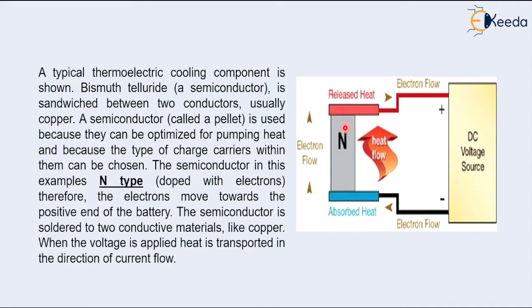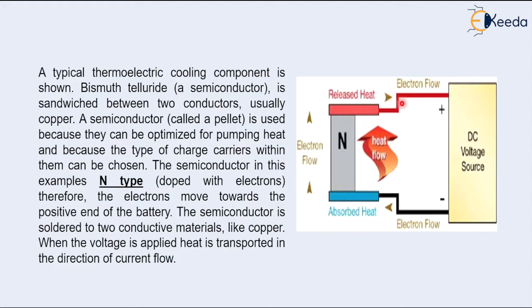You see here, this is an n-type semiconductor and electrons will flow towards the positive end. So current will flow like this. As the current flows like this, heat will flow like this also, as shown in the diagram. So this will be the point which is at lower temperature and this will be at higher temperature. This is the absorbed heat and this will be the released heat. If I take the storage space here, heat will be absorbed from that storage space and this heat will be released to the surrounding. So this is at lower temperature and this is at higher temperature.